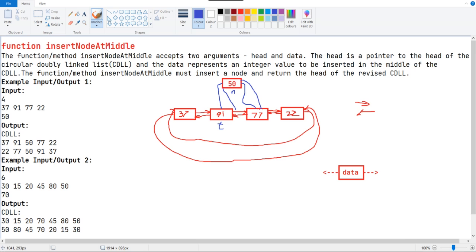So this connection will be fine, and we don't have to worry about that. Now it's time to take care of this part. The temp arrow next should contain the new node, and the new node's arrow previous should contain temp. If we do that, the connection will be redefined. So if we erase the connection between them, it should still be a doubly linked list and also a circular one, because we didn't change the head and tail, right? So only the in-between connections are changed, and our new node is inserted successfully.